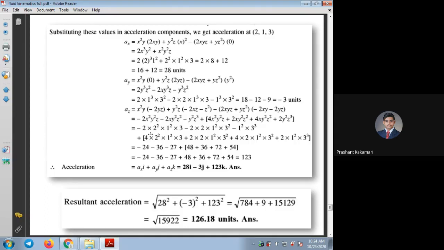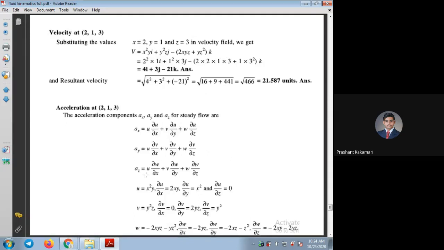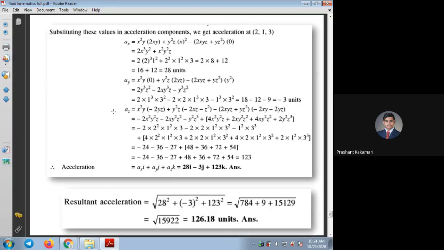Similarly follow this equation for the acceleration in z direction, that is u ∂w/∂x plus v ∂w/∂y plus w ∂w/∂z. If you substitute all these values, the acceleration in z direction will be around 123. 123 is the acceleration in z direction. Now finally, by using these three numbers, we can find the vector form of the acceleration, the magnitude as well as direction. We can write it as